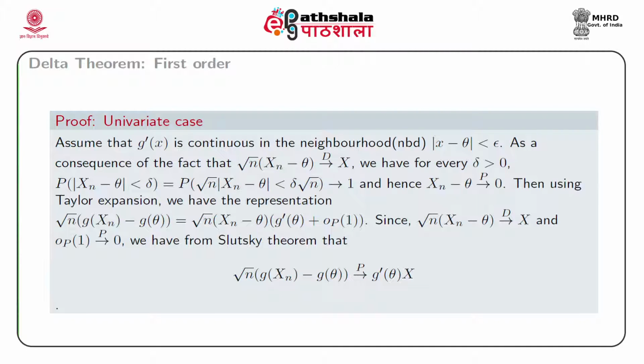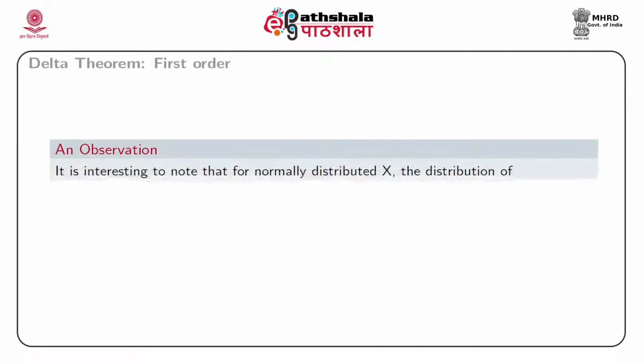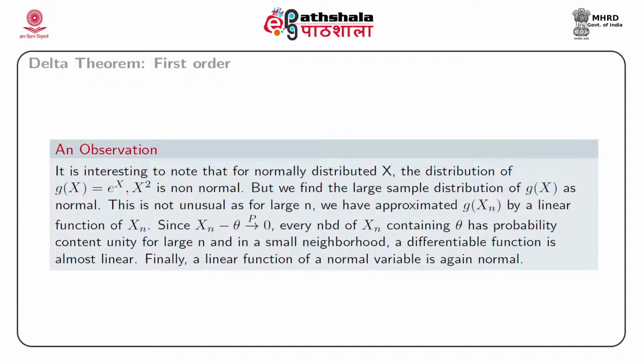So let us quickly observe some points in this proof. First of all, it is interesting to note that for normally distributed X, the distribution of g(X), where g(X) may be e to the power X or X square, is not normal. For e to the power X, the distribution is log normal, and for X square it is non-central chi-square or central chi-square. But we find that the large sample distribution of g(Xn) is normal whenever the function g satisfies